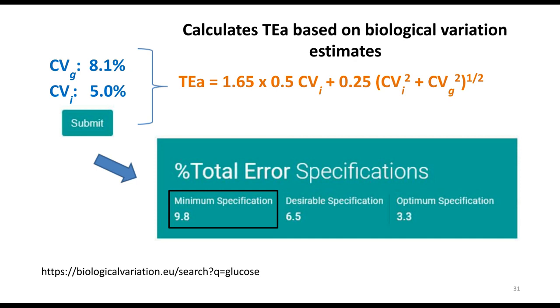For example, the minimum allowable total analytical error for glucose based on biological variation is about 10%. It should be noted that allowable total analytical error may be different for the same analyte for different clinical utilities or for different concentrations of the analyte. For example, the allowable total analytical error for glucose measured by glucose meters in a hospital setting is based on the clinical impact of insulin dosage errors.